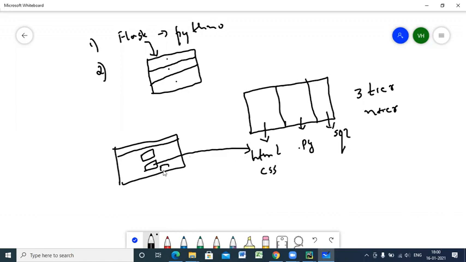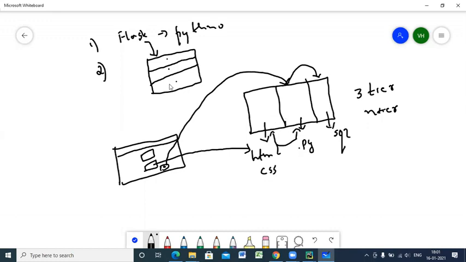So when I click submit, some operations are happening, right? The control will be given to the middle layer, so the operations happen in the middle layer. If there is some stored data you want to interact with, something like username and password stored in the database, then this .py, the middle layer, will give control to the database. The database in turn gives the control back to the .py. The .py will redirect back to the HTML page. This is how the process happens in any application.